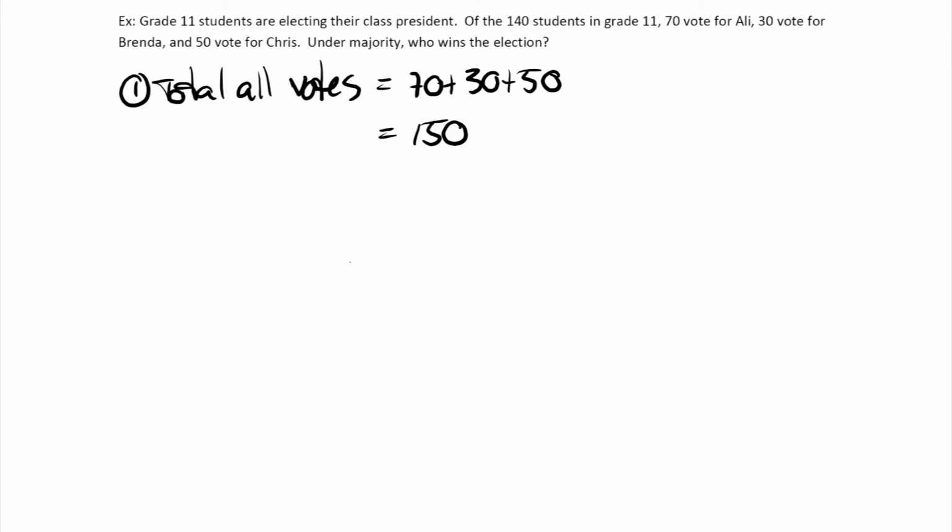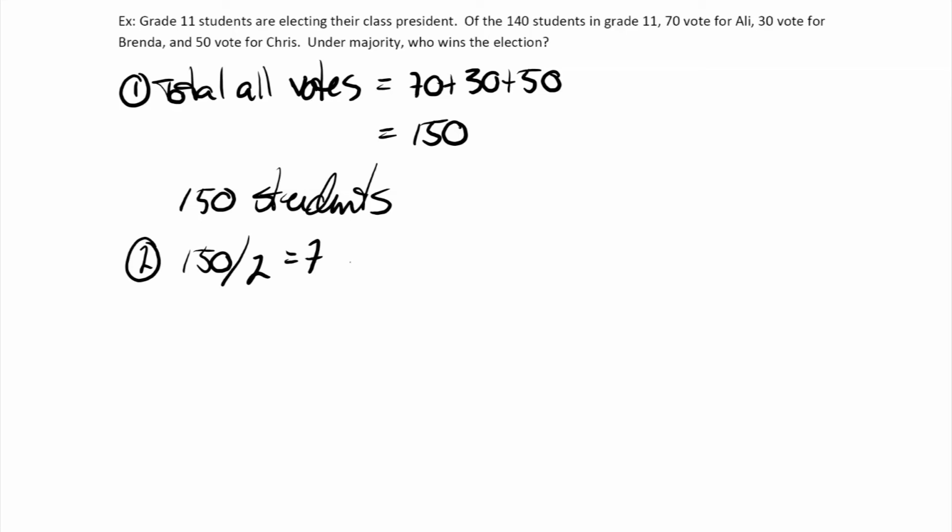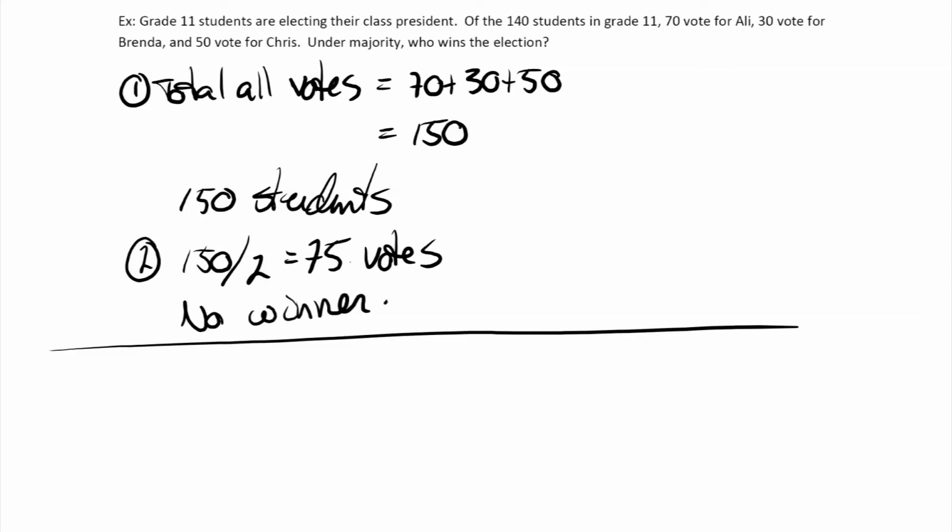So let's take it with 2 approaches here. First of all, if there were 150 students, then step 2, where we want to know what threshold we need to get over, would be 150 divided by 2, or 75 votes. You would need at least one more than that to get a majority. With that information, none of the candidates have more than 75 votes, so there would be no winner. However, if we go with the original premise that there are only 140 students, and let's, for the moment,